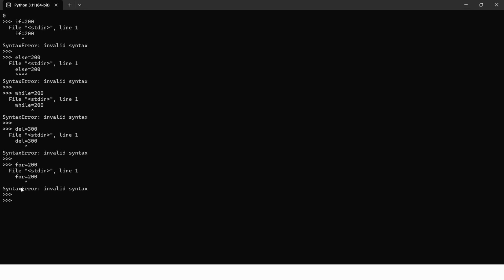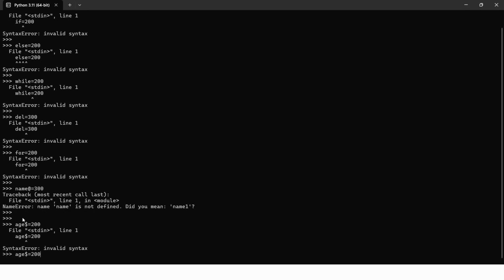Special symbols are also not allowed, right? If I write name at the rate and provide 300, it should give a syntax error. It is asking, did you mean name1? I don't want to take that. Similarly, if I say age dollar is equal to 200, check it, we are getting a syntax error.